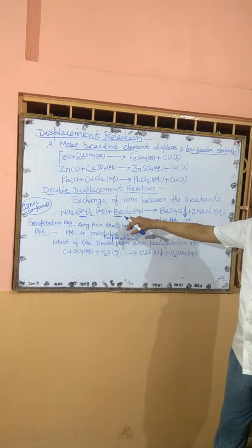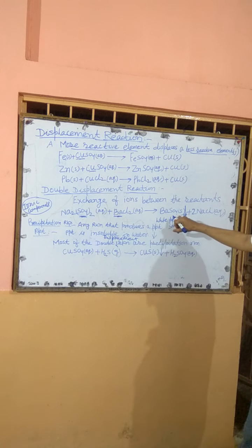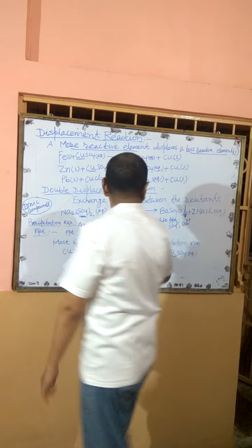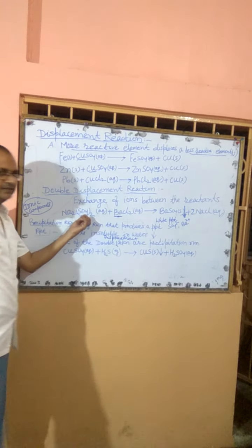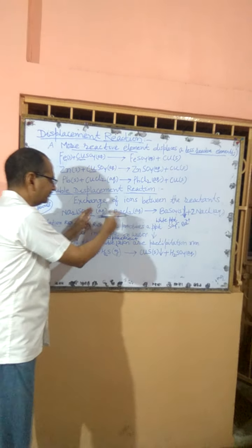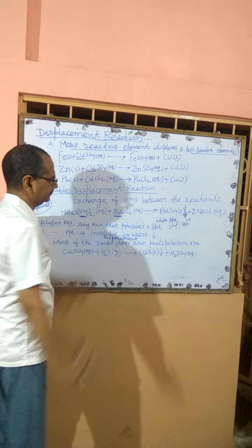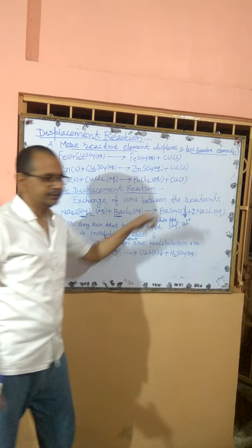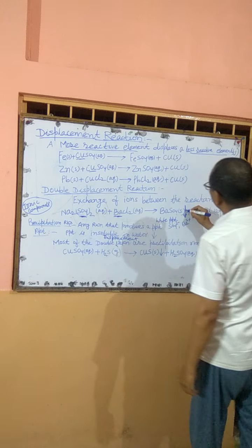Na2SO4 and BaCl2, both in aqueous form, give BaSO4 and NaCl. So here is the exchange of ions. Barium is a positive ion and sulfate is a negative ion. So there is an exchange of ions, and as a result, the sulfate and barium become BaSO4, and BaSO4 is a white precipitate. It is the white precipitate, and this is the sign of a precipitate.